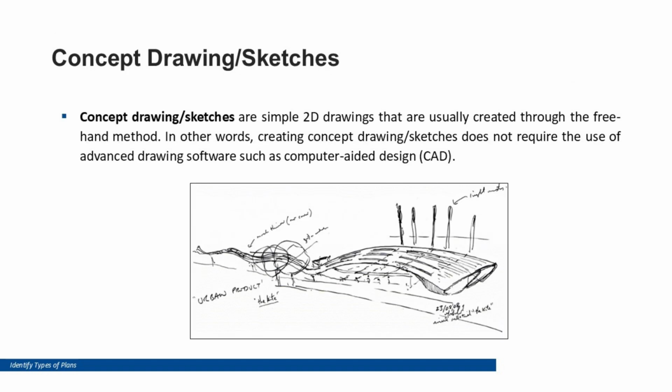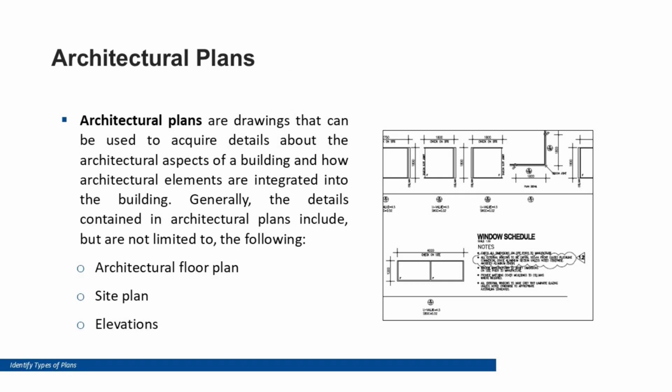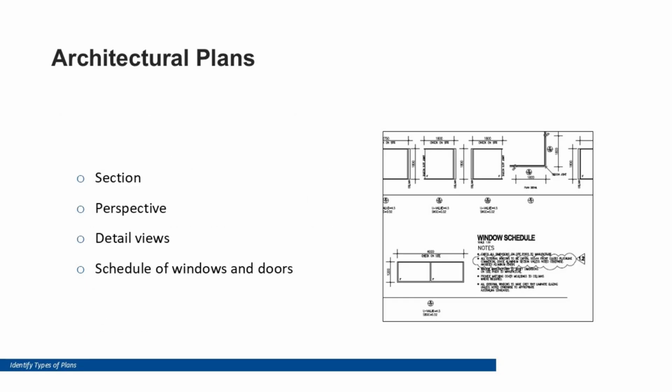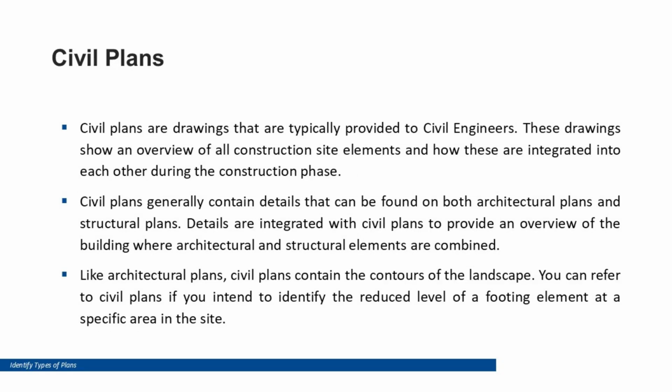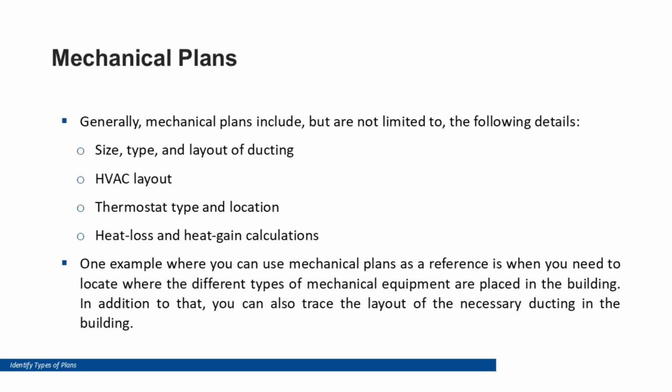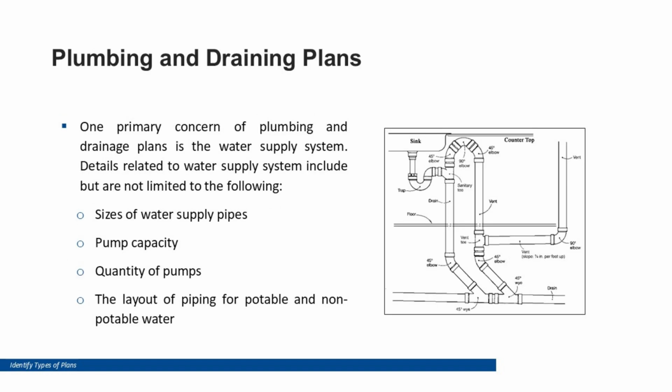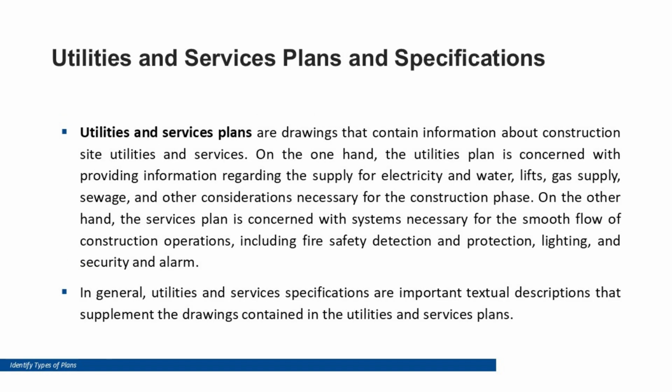Common types include concept drawings, early sketches illustrating ideas; architectural plans, layouts, elevations, sections, openings, materials; structural plans, footings, slabs, beams, reinforcement, bracing; civil plans, levels, site works, drainage, external works; mechanical plans, HVAC systems; electrical plans, power, lighting, communications; plumbing and drainage plans, water supply and sewerage; utilities and services plans, gas,